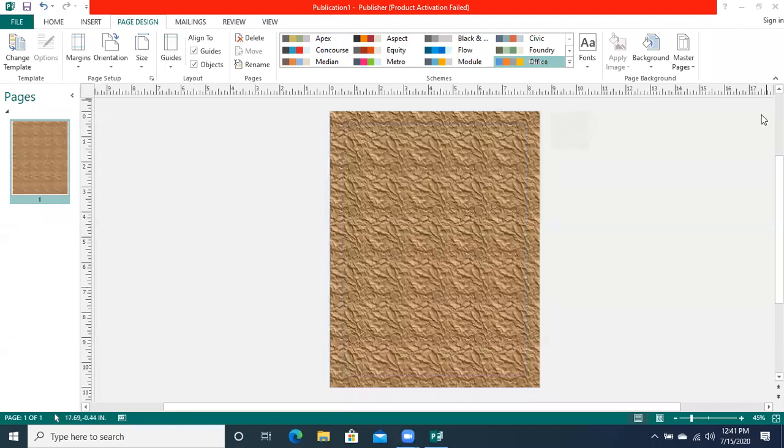So I am putting Office and the color is not coming. Which option you are using? I'm using best design option. Okay, but I will also upload this Zoom class in the Google Classroom.